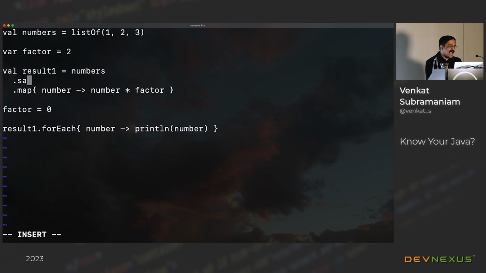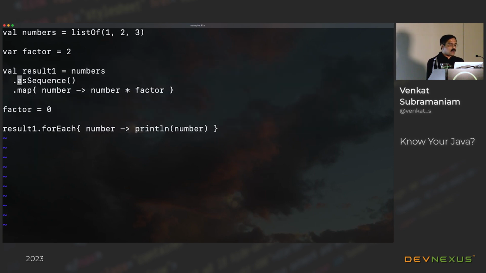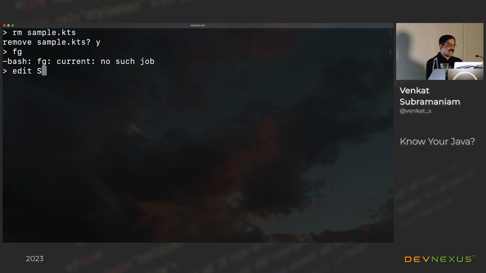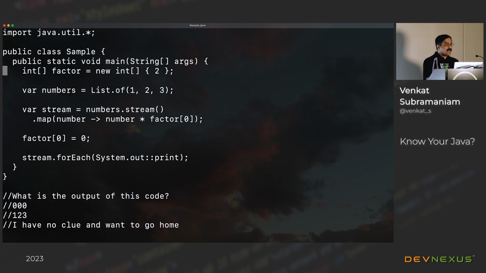So you can say asSequence over here in this case, and if you run this code, you can see the result is 0, 0, 0 because that's a lazy evaluation. However, if you don't have an asSequence, the result in this case is 2, 4, and 6. So it really comes back to the question, is it an eager evaluation or is it a lazy evaluation? As it turns out, originally you were right, it's 0, 0, 0, but that's because Java has lazy evaluation all the time.